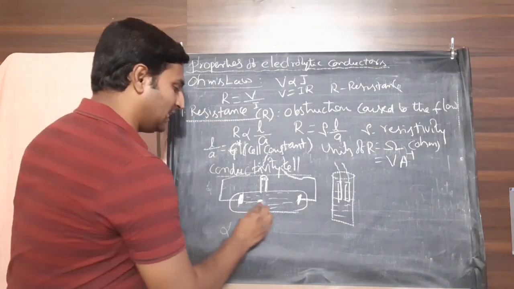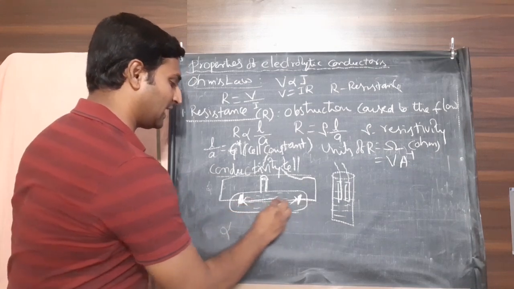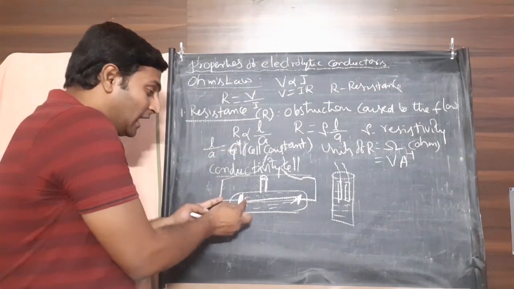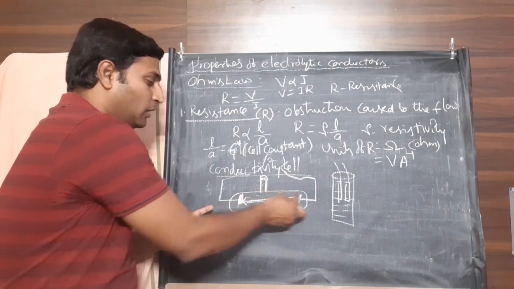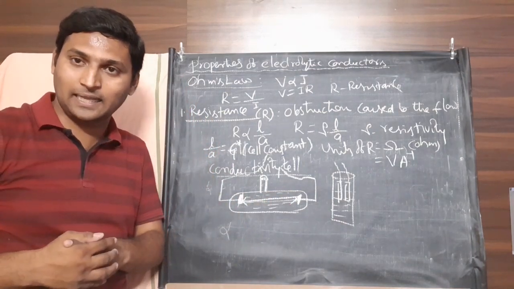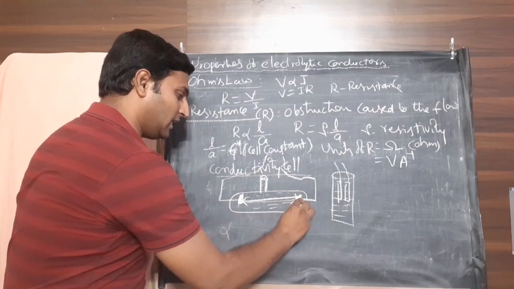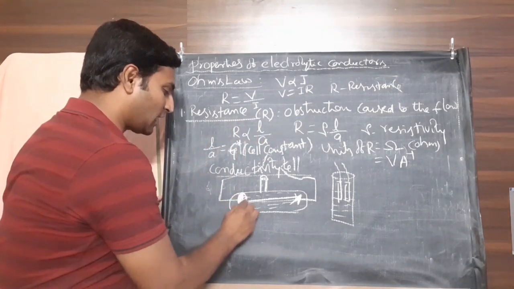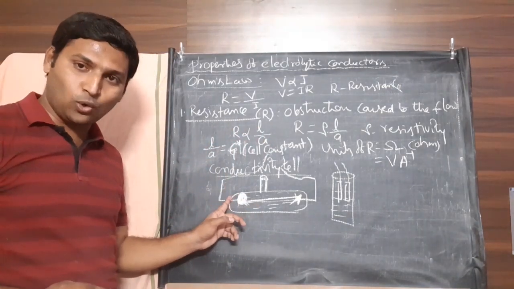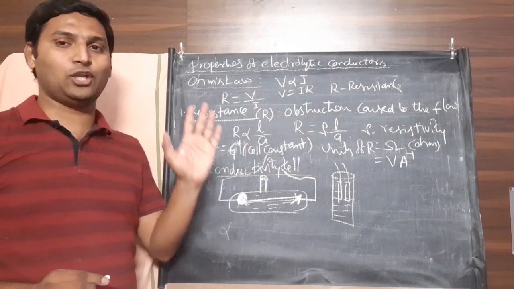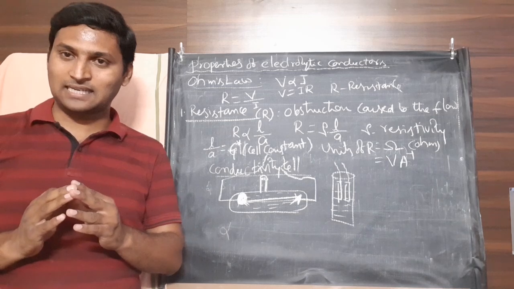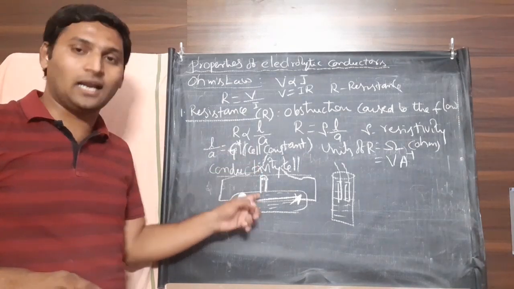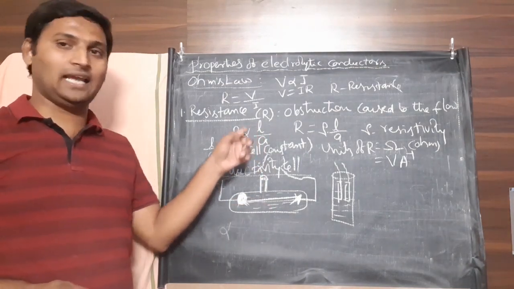Simple. The distance between the 2 electrodes in the conductivity cell is taken as length. You fill in the cell, but only that amount of electrolyte which is present between the electrodes is under the influence of electricity, right? That's why the length of the gap between the 2 electrodes is taken as the length, and the area of cross section of the platinum electrode is taken as the area of cross section of the electrolyte. These are the dimensions of the conductivity cell in which the electrolyte is poured, considered as L and A.